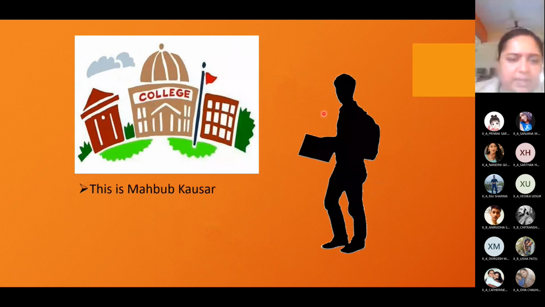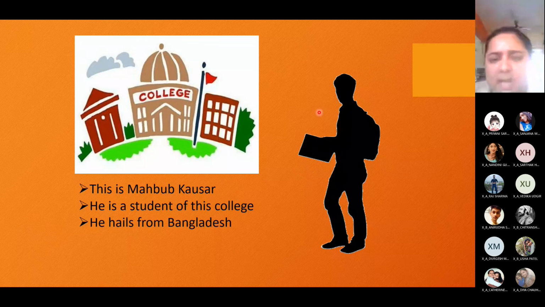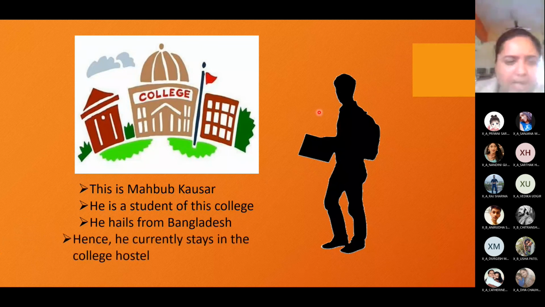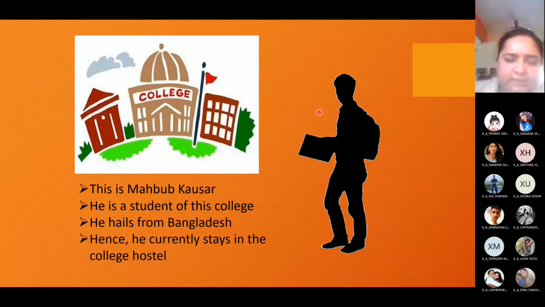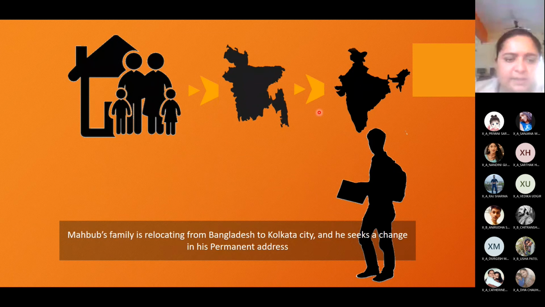Now, this is a student named Mehboob Kausar, and he is a student of this college, and he hails from Bangladesh, right? And because he is from another country, so he stays in the college hostel. Now, the problem is Mehboob's family is relocating from Bangladesh to Kolkata city, which is in India, and he seeks a change in his permanent address.